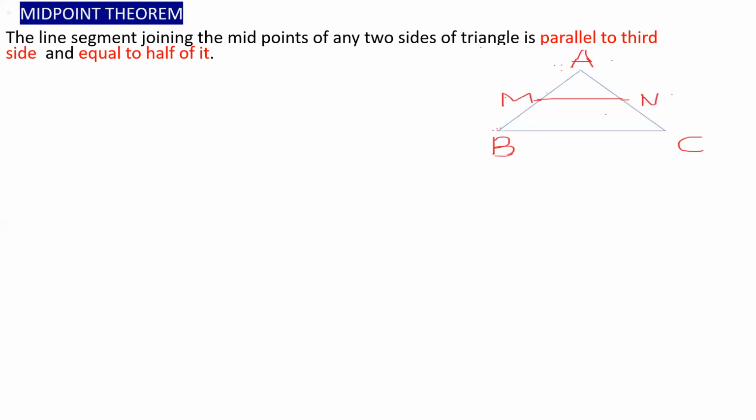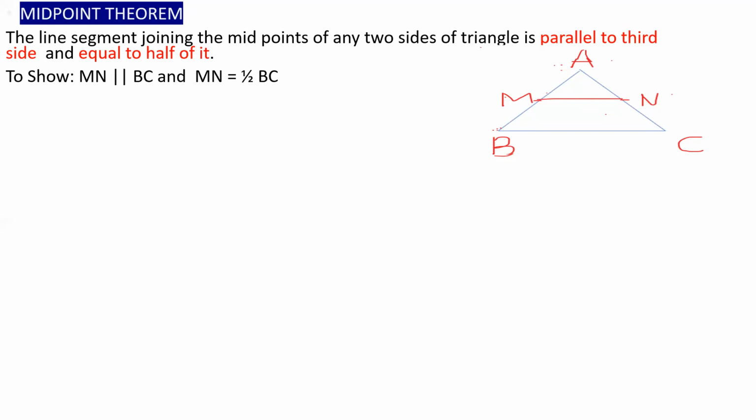Now here in this figure, triangle ABC, M and N are the midpoints of the sides. As per the theorem, if MN is the segment joining the two midpoints, then this MN segment is parallel to BC and half of BC. You can take any kind of triangle; it is not required to be a special equilateral or isosceles or scalene triangle. This theorem is applicable for any kind of triangle. Let us see how we can prove that MN is parallel to BC and MN is half of BC.